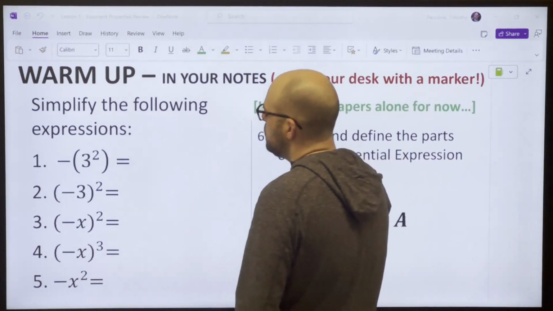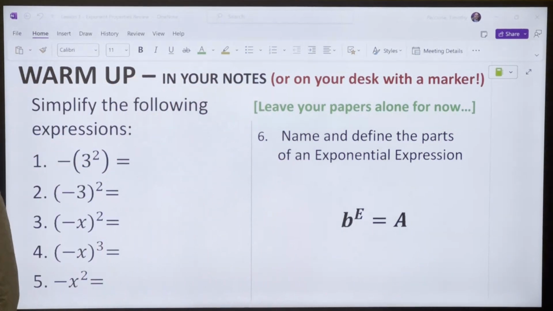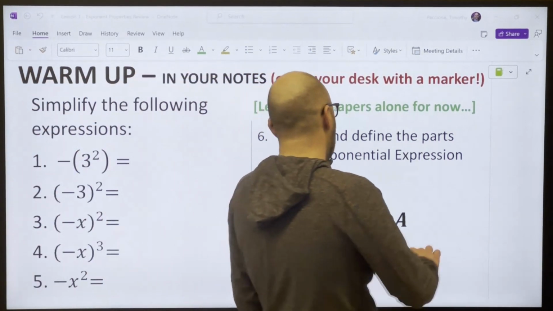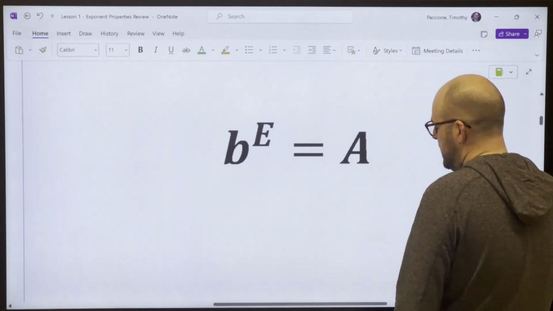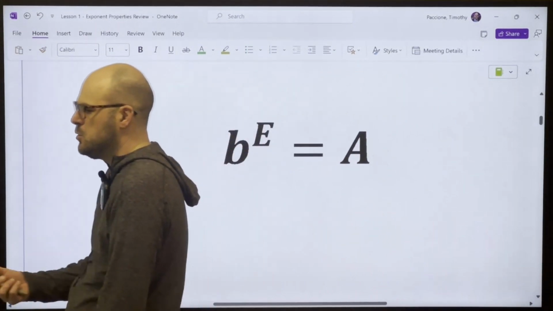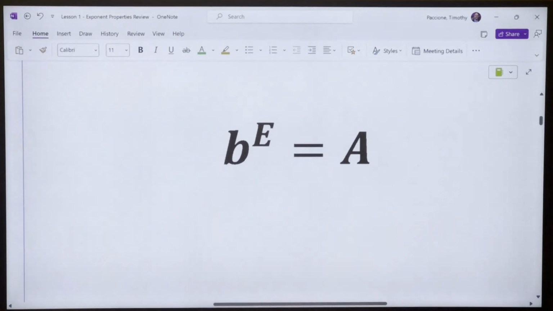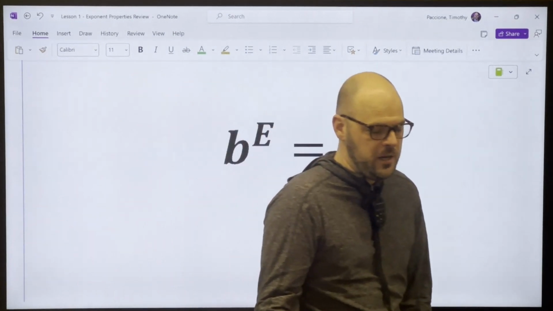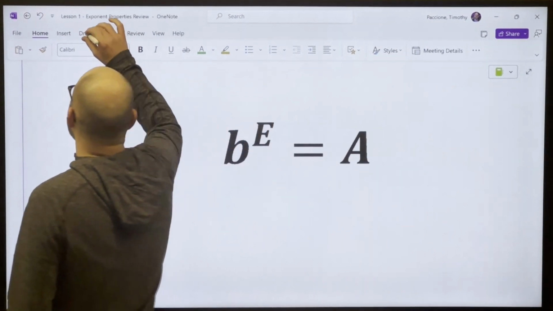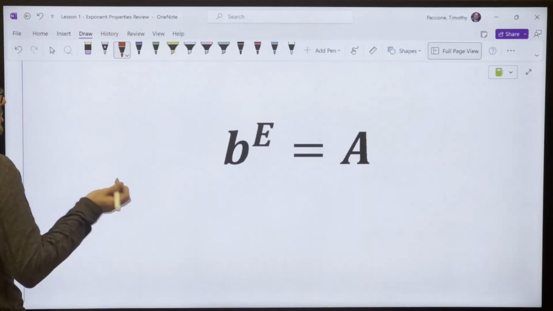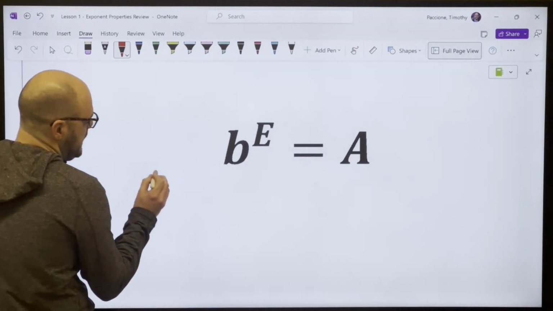So speaking of, well, actually, before we even do that, let's focus in on number 6 here. Before we can talk about exponents, we need language to talk about exponents, so we need the words. So when I say them, you know what I'm talking about, right? If you forgot them or if you never heard them before. So let's label this thing, right? And let's talk about what each thing does. For instance,